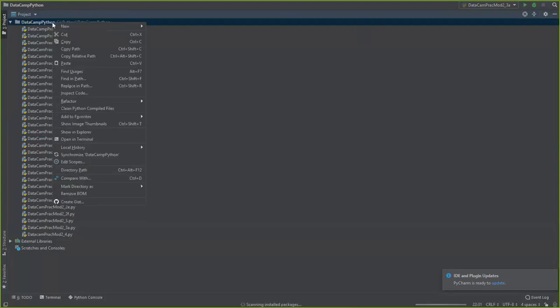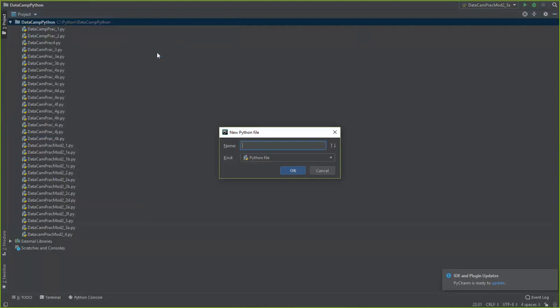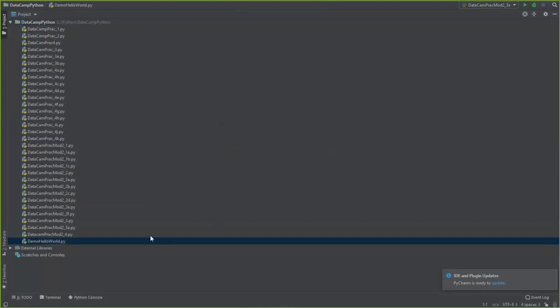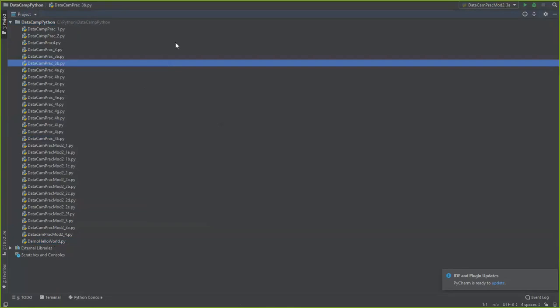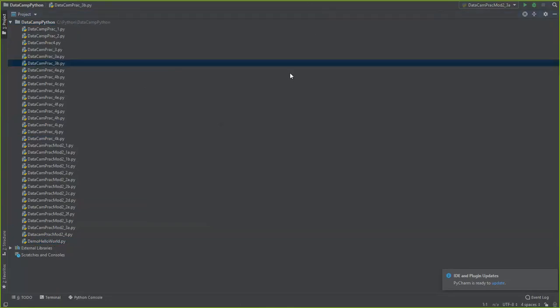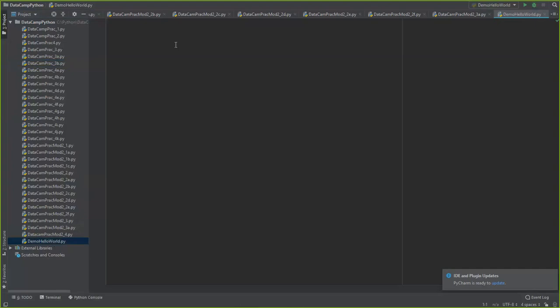Just right click here, then click on new, and then Python file. So I will just give one demo. Click on OK. So now here we will write one program just to print hello world. In one line you can write this program. Just print, double quote hello